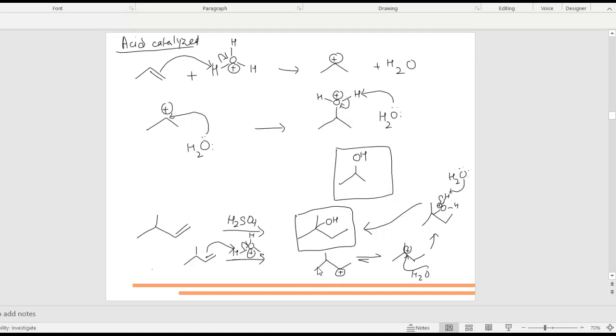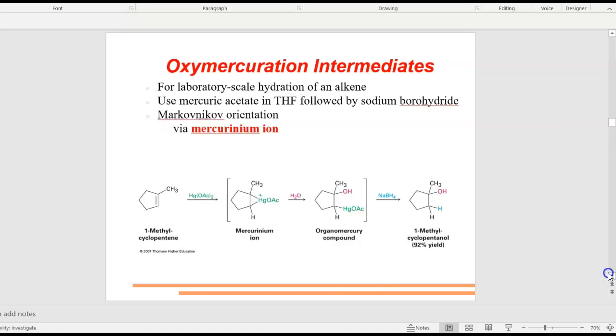Okay, so you have to watch out for carbocation rearrangement whenever your mechanism involves a carbocation. Right? So these are two examples, one where the carbocation is formed in a secondary position. Here there is a rearrangement where the secondary carbocation rearranges itself to give this tertiary carbocation because it's more stable. Okay. All right, now we move on to the next type of hydration reaction,